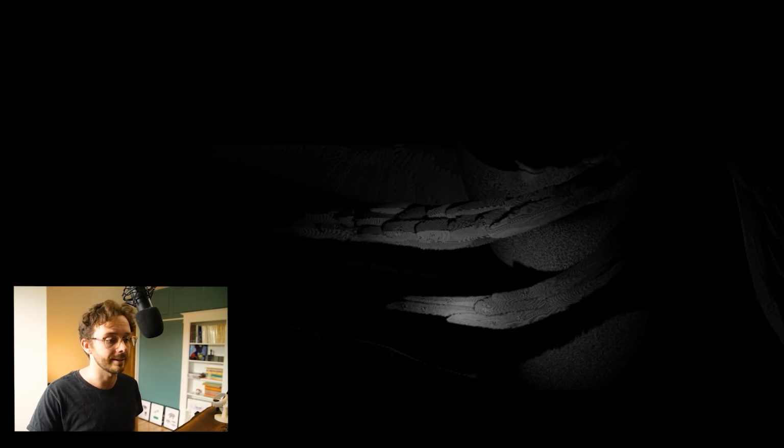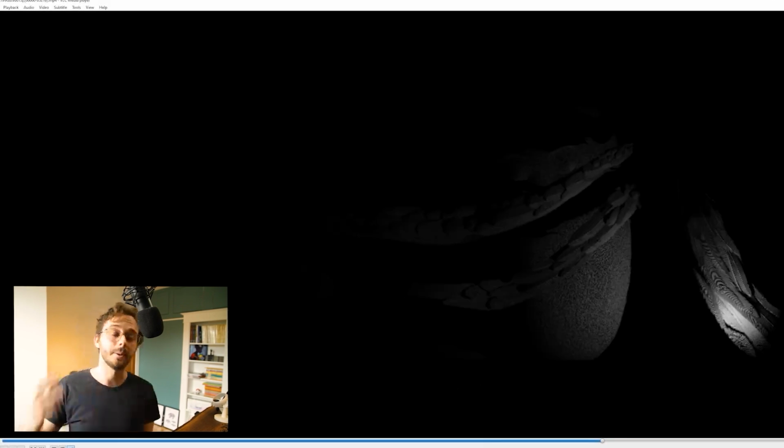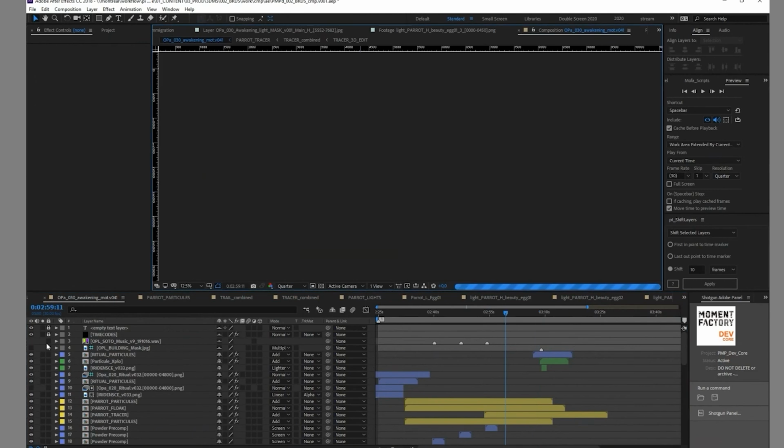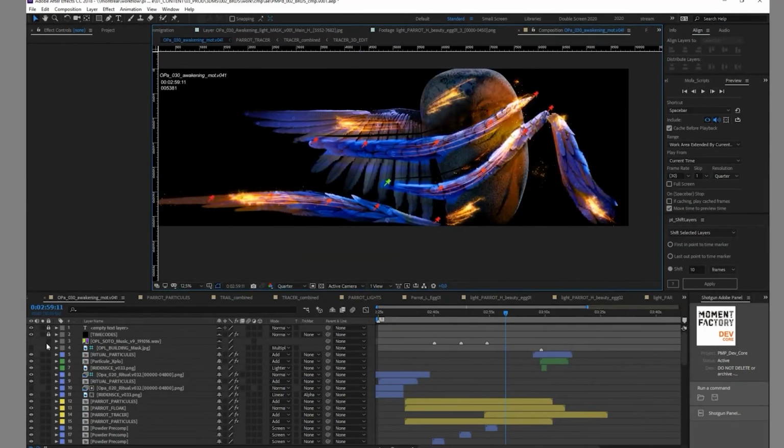But that's it for the render pass itself. It's already a lot of small stuff, and combined together we can have a way more complicated file in which all of those small elements that really are not complicated to make one by one are just mashed up together with a lot of color correction to create that kind of render. So you can now see that's almost the end of the transformation. All those parrots are creating lights behind them, and the light impact of the parrots is on the building with the right texture of the animal behind it. And it's just having all of those together that's making that work.